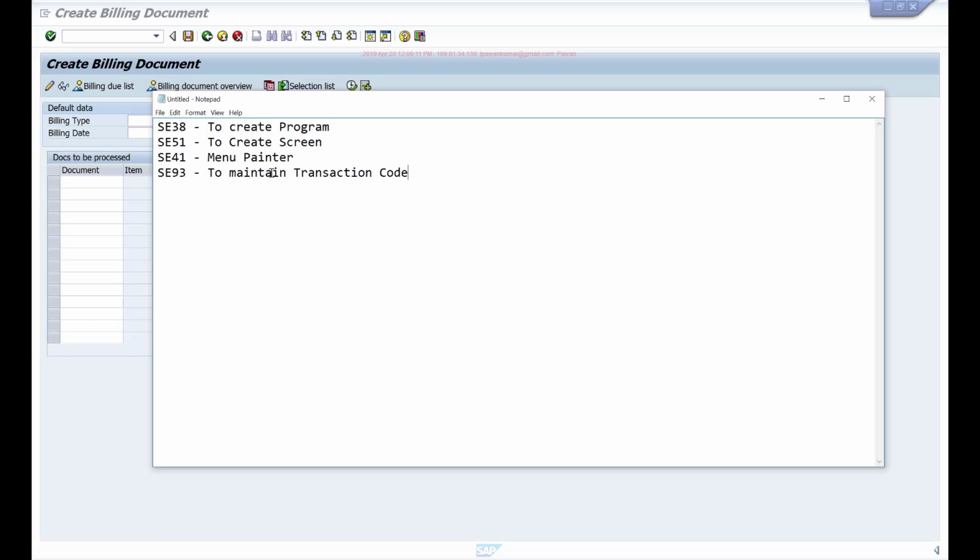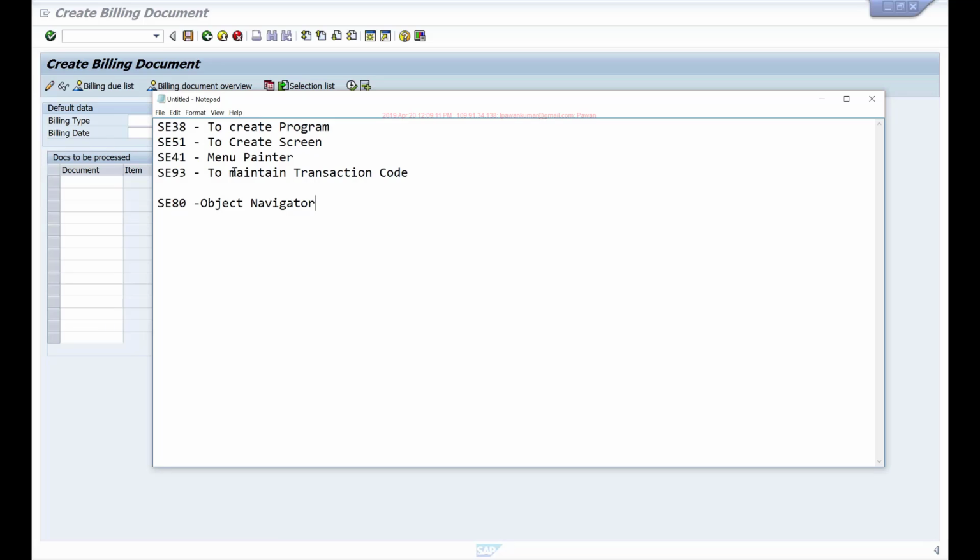So instead of opening these transactions individually and opening multiple screens and handling individually, we can use this SC80 transaction, object navigator, where you can carry out all these activities. You can load all these tools in the background. So without leaving the screen, you can load different tools and carry out these different activities. So it will be like one integrated development area where you can carry out various development activities using these different tools.